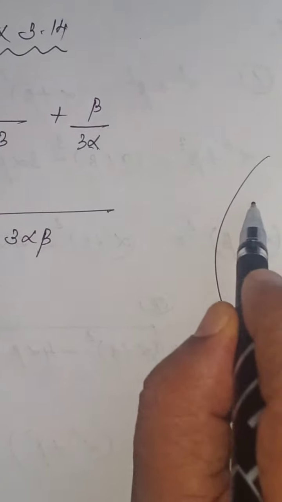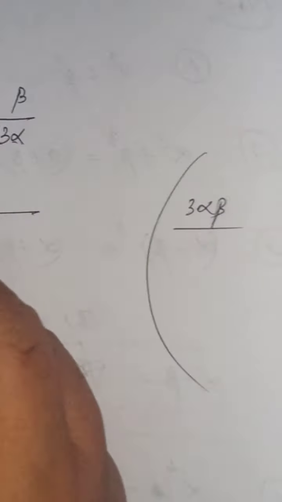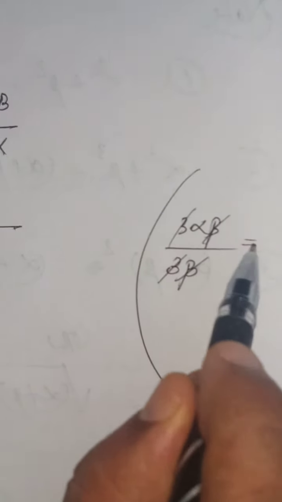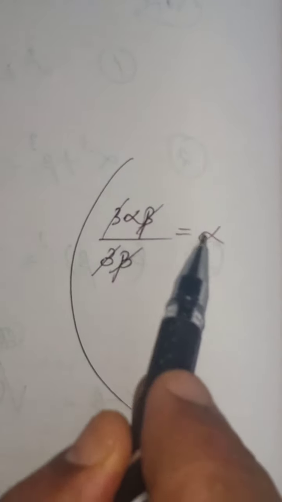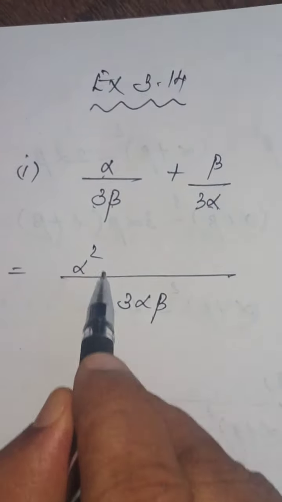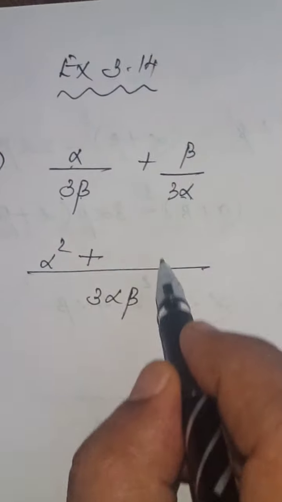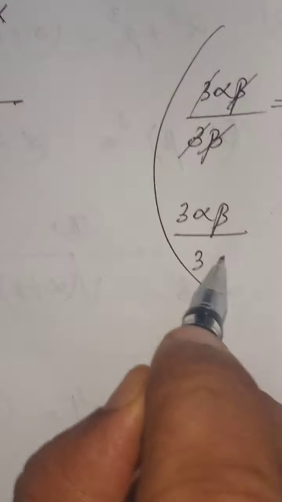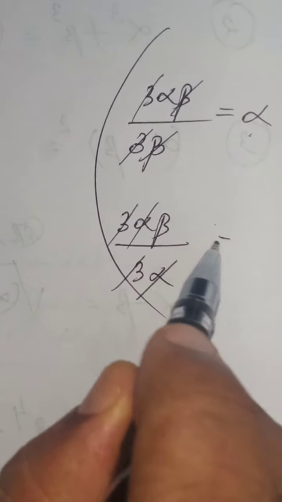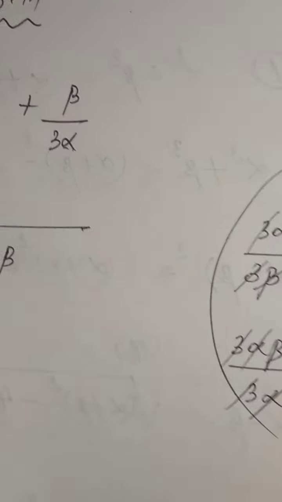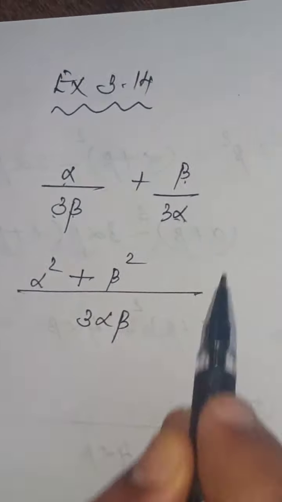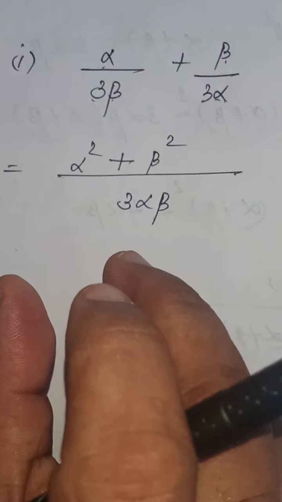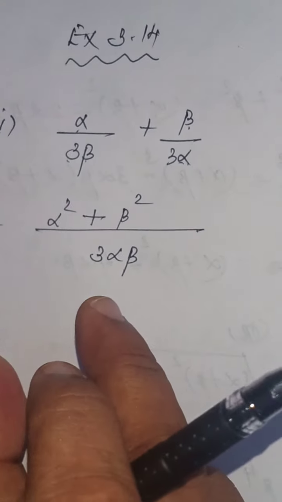So after taking LCM, what to do? Listen carefully. What is the LCM? 3 alpha beta divided by, what is in the denominator? 3 beta. Both should be divided. 3 gets cancelled, beta gets cancelled. Which one is left out? Alpha. That alpha should be multiplied with the numerator. Alpha into alpha equals alpha squared. Here 3 alpha beta is the LCM divided by 3 alpha in the denominator. 3 gets cancelled, alpha cancels. So which one is left out? Beta. That beta should be multiplied with the numerator. Beta into beta is beta squared. So the question is, each and every subdivision should be written in the form of alpha plus beta and alpha beta.